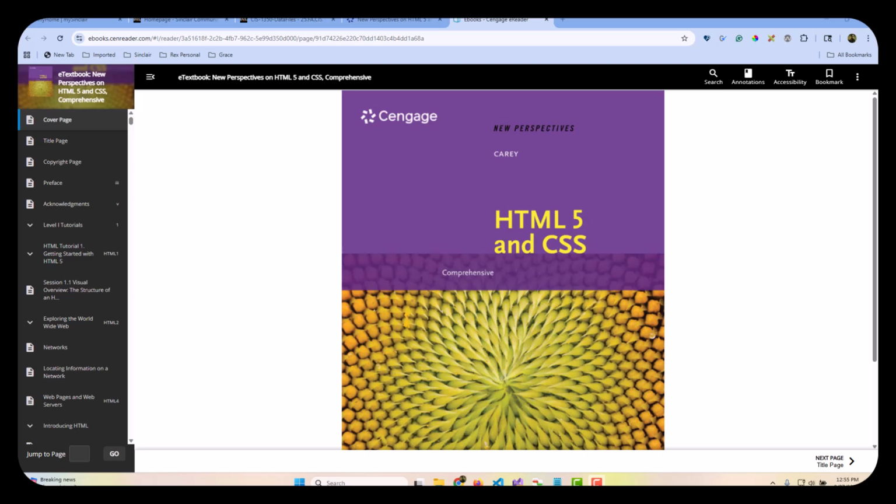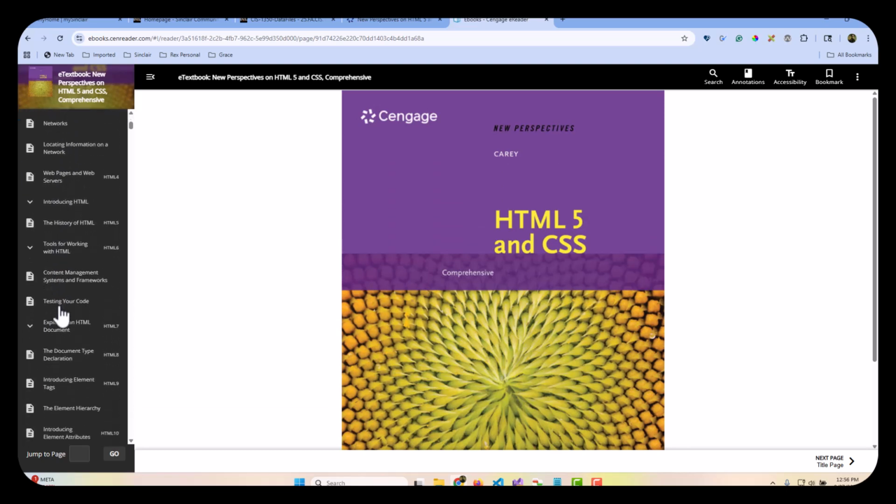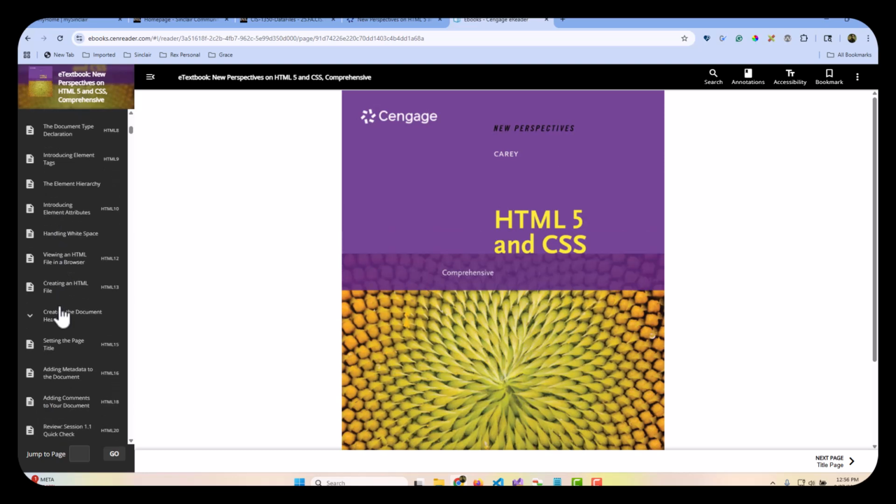This video is going to explain to you where you can find your homework assignments inside of your book. Once you open up your book, for the first assignment, you will want to go to the section that has HTML Tutorial 1, Getting Started with HTML5. You're going to expand this arrow to make sure that it's pointing down. And what you're going to do is scroll down through the individual sections almost to the very